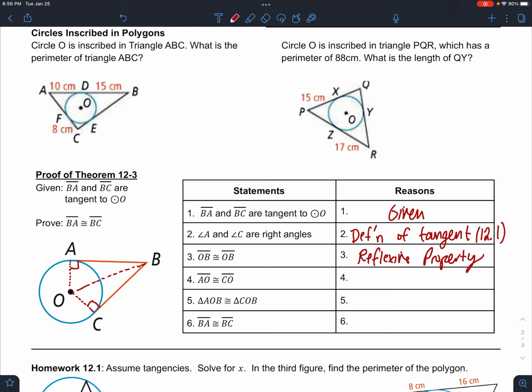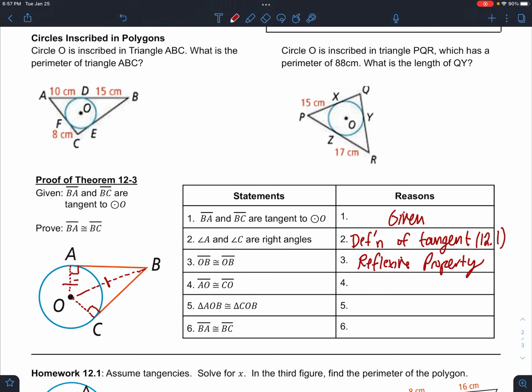And AO, the next one, AO and CO, those are both radii of the circle. So not only is OB congruent to itself, but these two radii are congruent to themselves too. Why? Because all radii are congruent